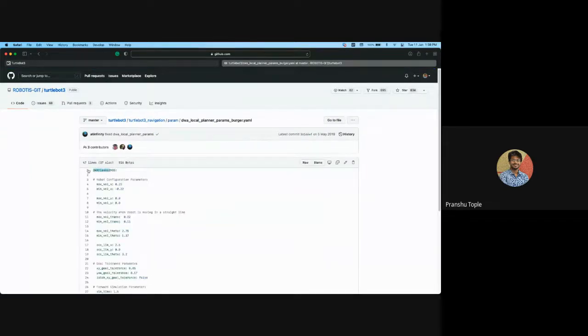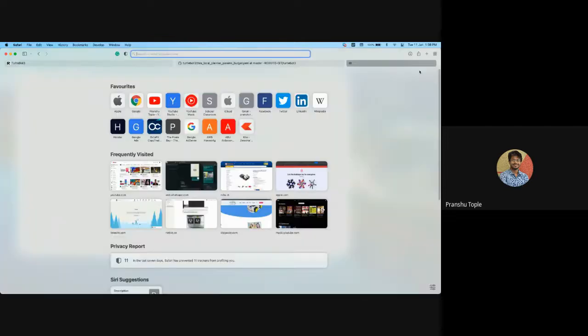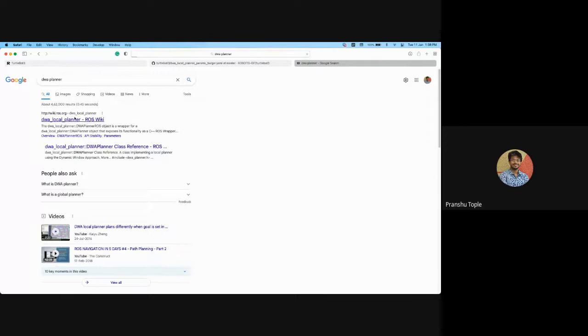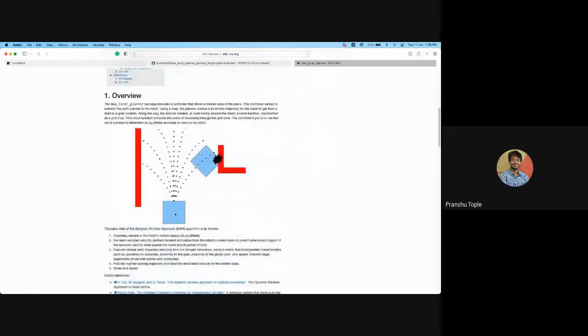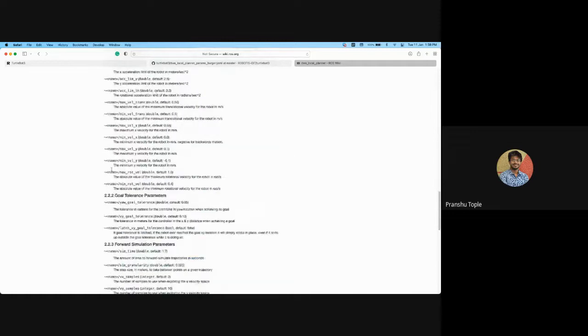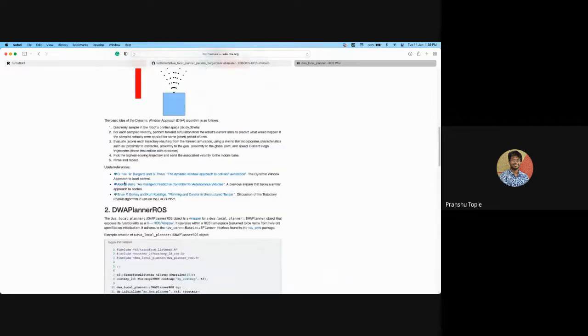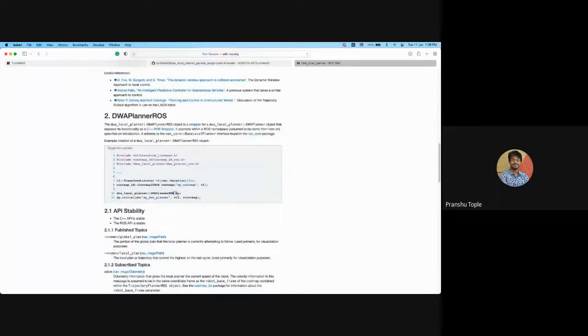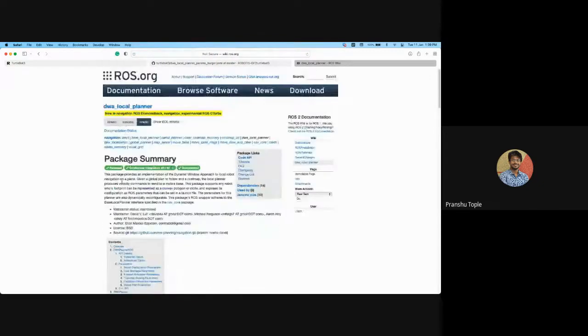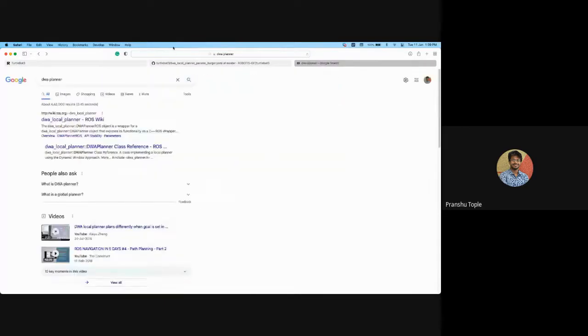So there are different planners for ROS. I will show you how these work later on, but just briefly, the DWA local planner is responsible for planning a path for the robot to go. How does it move? It plans: if I go here, it will crash. If I go here, it is okay. All this planning it does, so all the mathematics is inside this code. Again, it is based on the TF concept that we learned. Then there is one more, as I said, the trajectory planner for ROS.